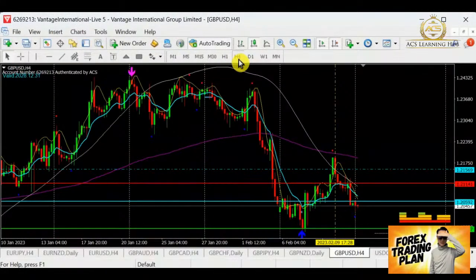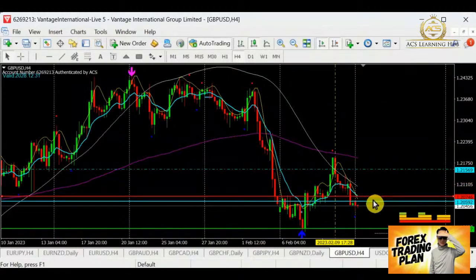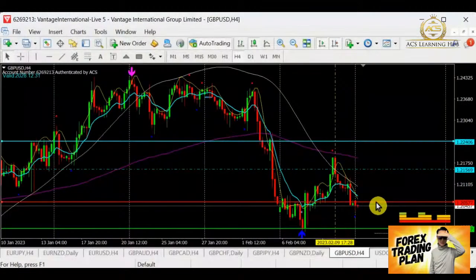We need to have a resistance to continue the selling. So there may be another round. As you can see, there's another round of selling over here. Let me move this line away and put this down here. As we can see, it's creating one, but it's not very strong resistance yet. So we still have to pay attention to that.